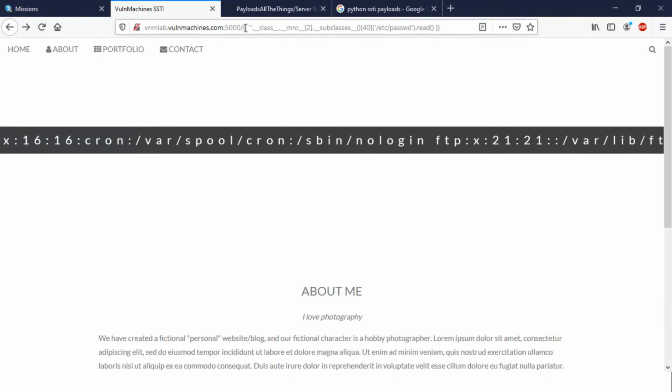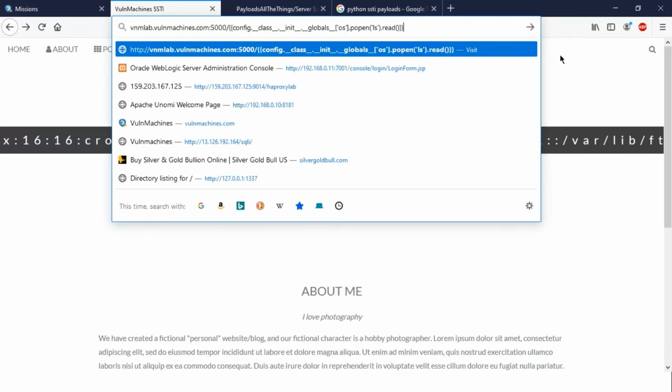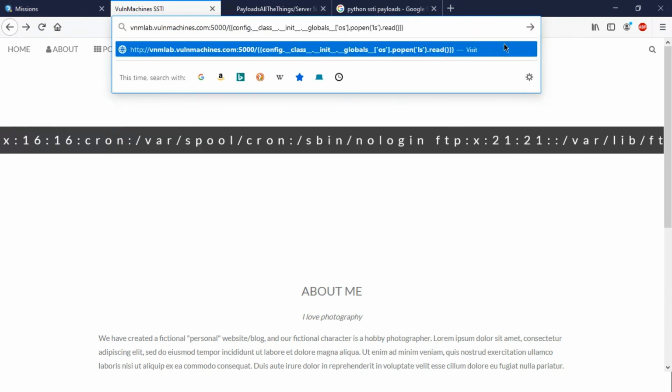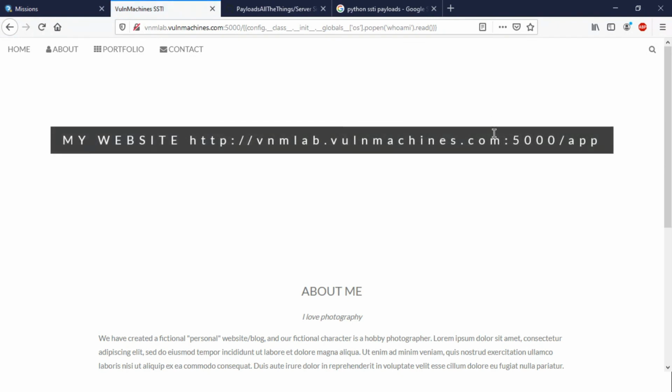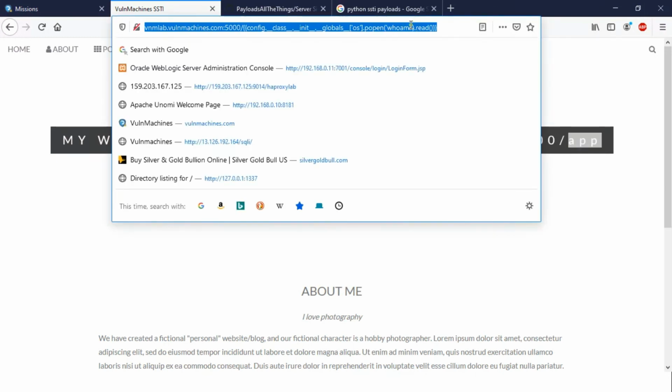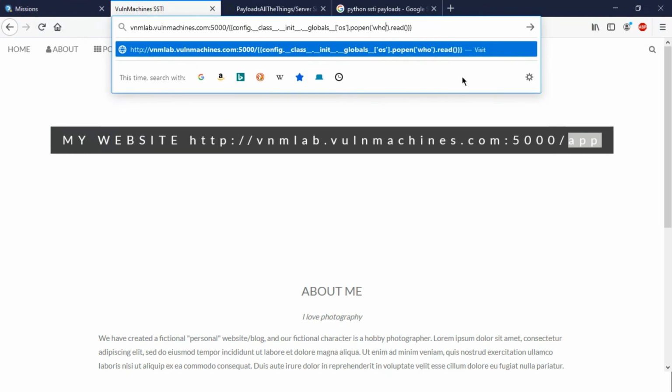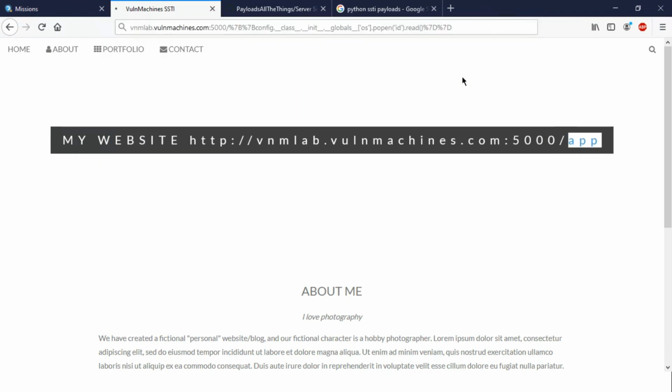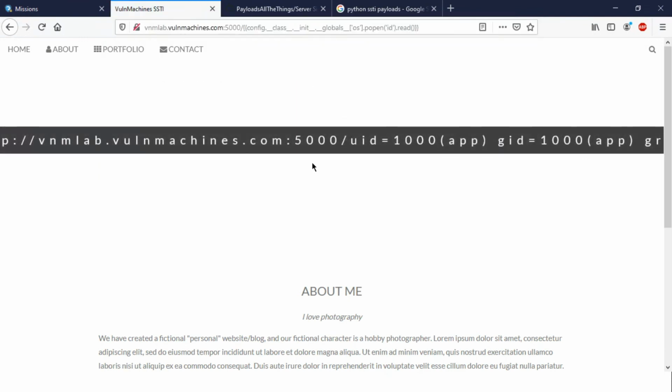So let's copy and paste it over here and change it with the whoami. So the whoami is app. Now let's give the id command. id.